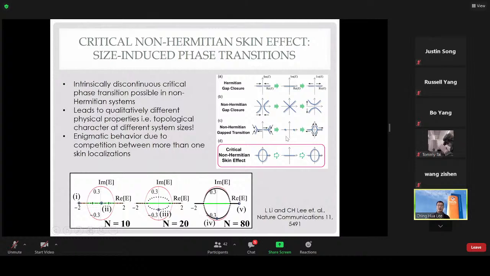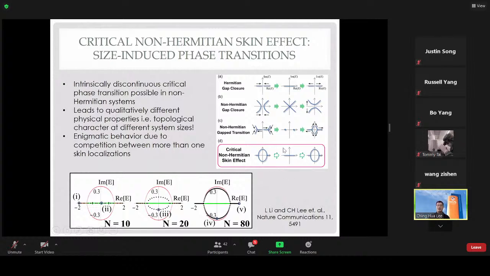I mean, the gap doesn't really have to close, but the bands can internally reassemble among themselves in a discontinuous way to give you discontinuous Berry curvature and maybe discontinuous band metric and so on, band geometry. So I want to highlight another interesting phenomenon that we discovered in this Nature Communications paper, called the critical non-Hermitian skin effect, where what is in between the two sides of the phase transition